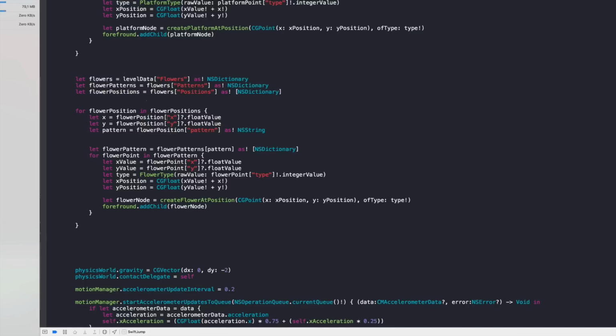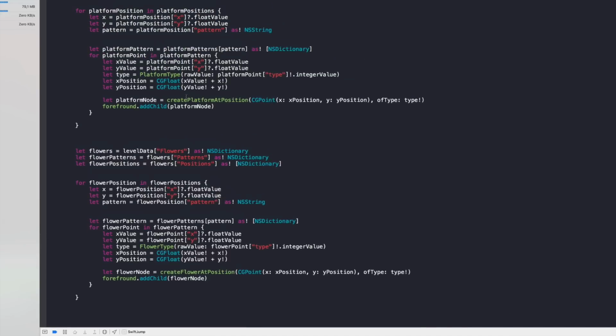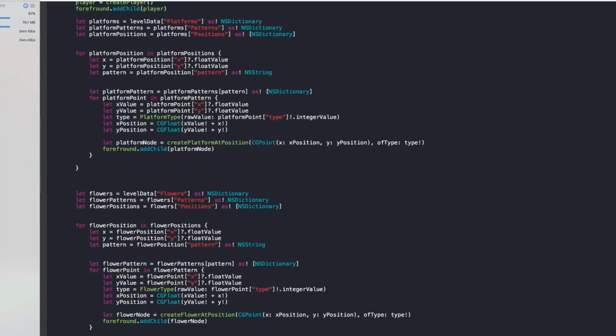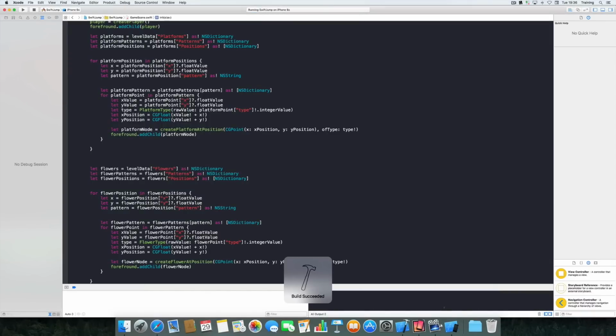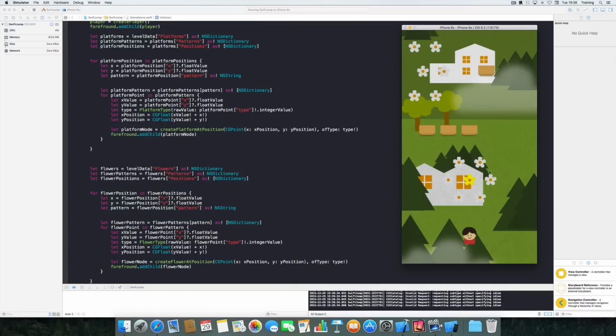So you can simply always replace platform with flower in that case. So let's have a quick look again and see if we have flowers, and there we go. Isn't that really cool? We have our flower patterns here, and now all there's left to do actually is moving